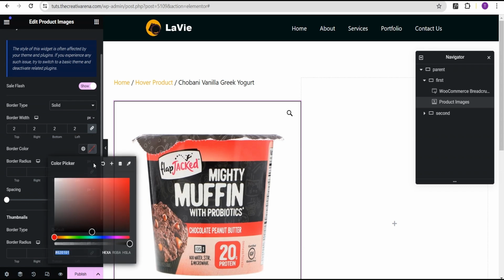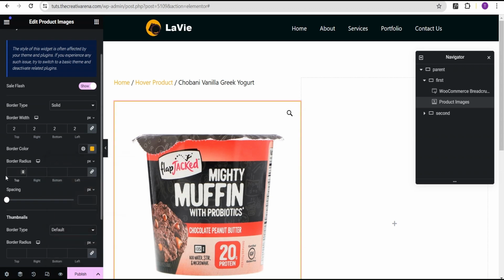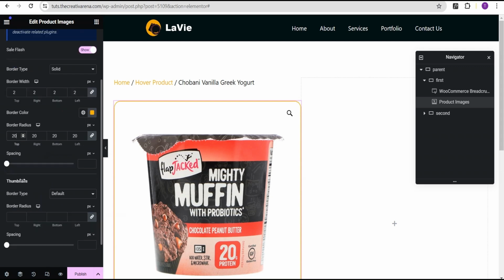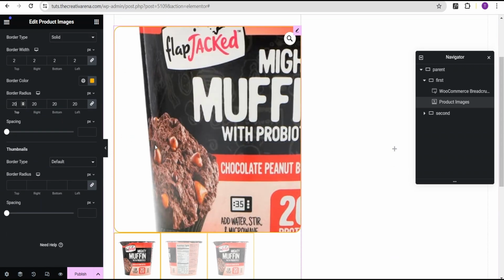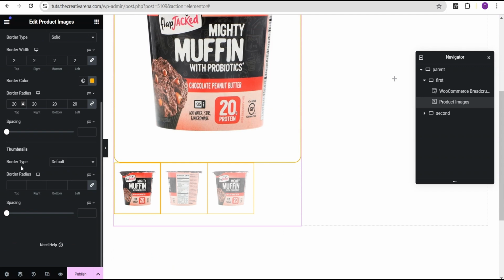And for the border color, we're going to set the color to FFB001. Okay, and then for the border radius, we're going to give it a radius of 20 pixels all around. Okay, so now we're going to come to the thumbnail. Under the thumbnail, we're going to come down here, set the border type to solid, do the same,